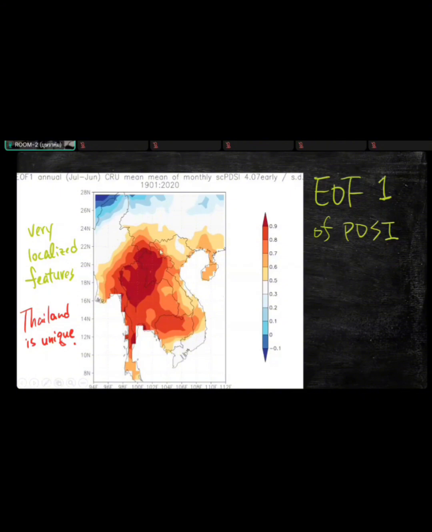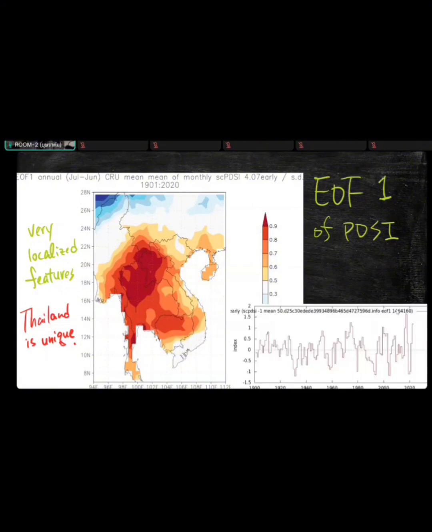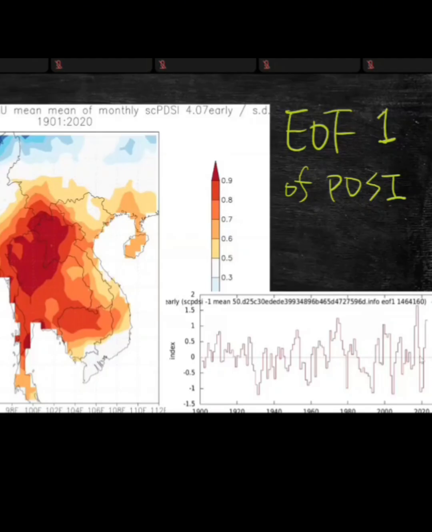Now, if you see this dark red happening in Vietnam, that means over into China, the majority of the drought variability happens there. With the EOF analysis, you also output something called the principal component time series. So this time series, starting from 1900, we didn't see the trend here. The trend happens in the next month, which means it's mostly natural variability. The climate change impact is not reflected here. So this is our baseline.